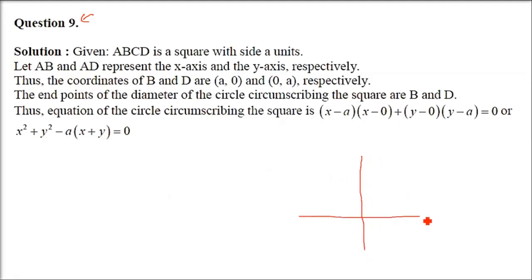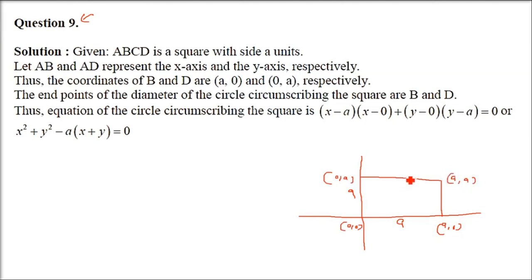So let us make it in an axis. The best way is to do that. Take x-axis, y-axis. So the sides are A. It's a square, looking like a rectangle, but it's a square. What are these sides? A. So this coordinate will be A, 0. What will be this coordinate? 0, 0. This will be 0, comma A. What about this? This is A, comma A.